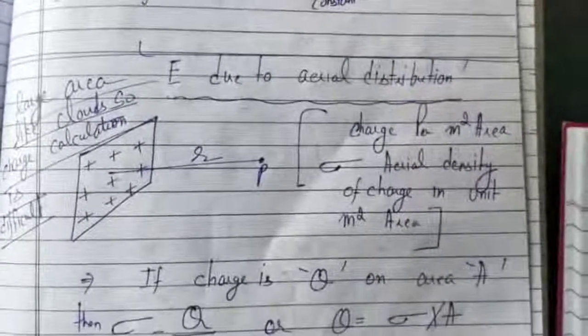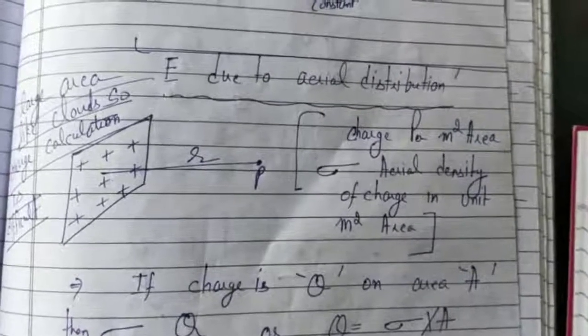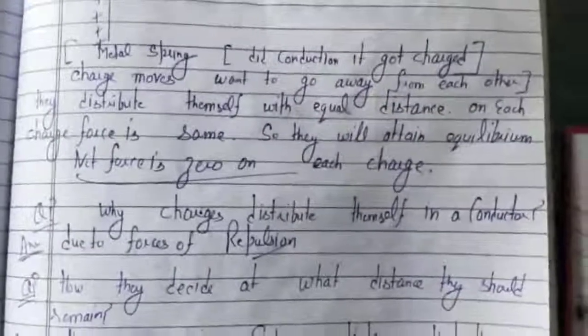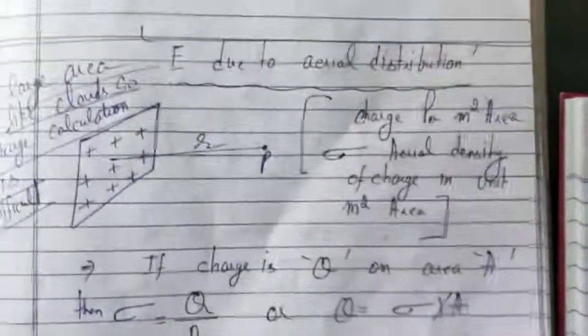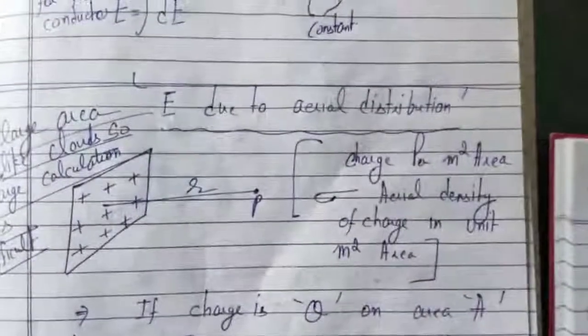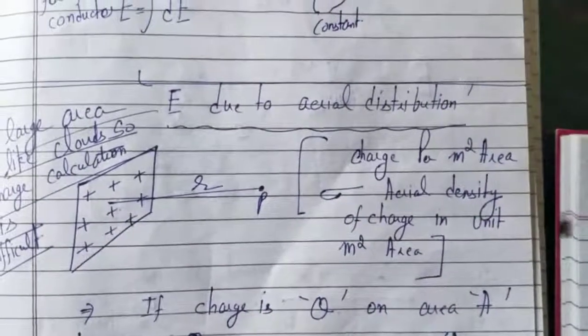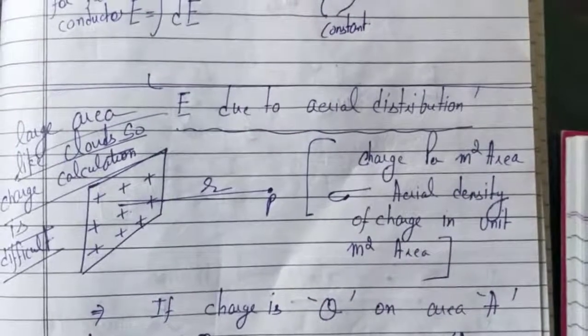Good morning students. We will be continuing with our next lecture on electric field due to various charge distributions. In the last lecture we did the electric field due to the distribution of charges on a straight conductor, a linear charge distribution. Today we will do another distribution, where the charge is distributed over a large area. That means it's an areal distribution we are going to discuss. So we will find the electric field due to this areal distribution.